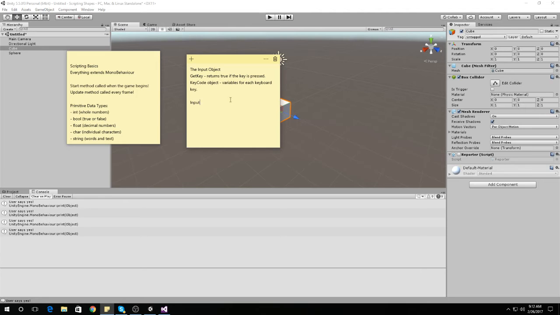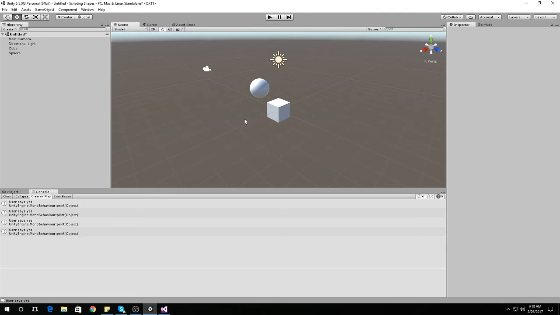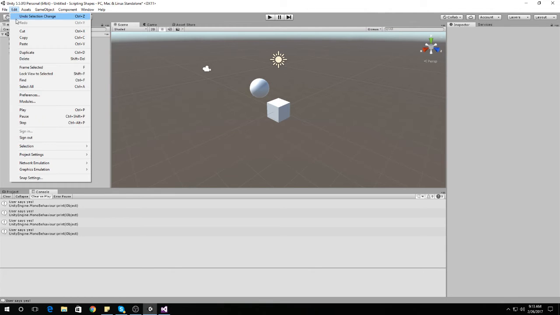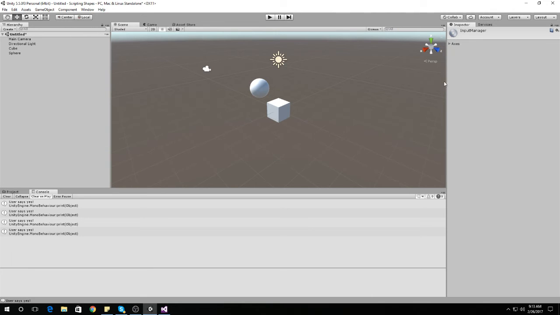We also have input axis, and the input axis is independent of a specific key. In fact, it's set by us initially. So if we go into our Unity editor, and if we go to Edit, Project Settings, Input, we can see that we have something in our inspector called an Input Manager, and then we